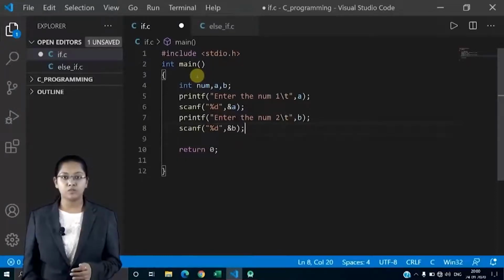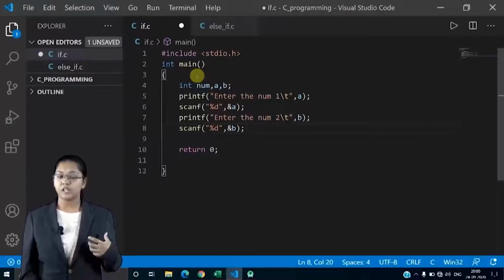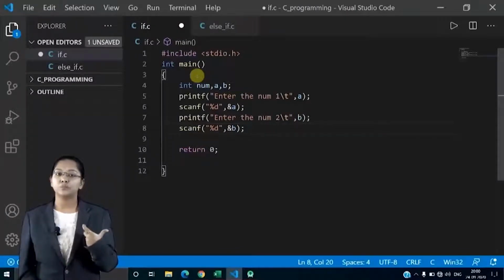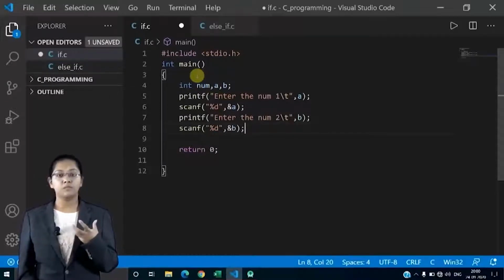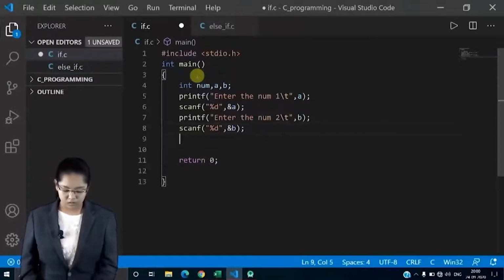These are my user defined inputs, right? I am taking the inputs from the user. Now let's write the menu which we will be displaying, and from that we will be choosing a number, right?